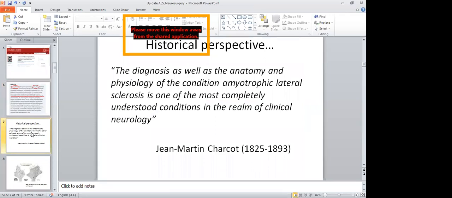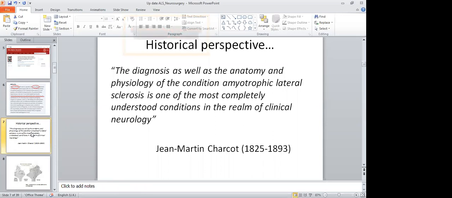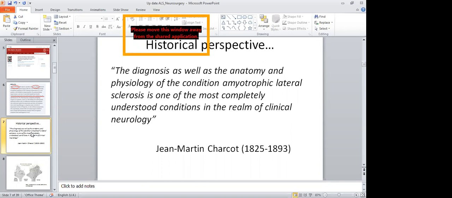So if I go back now to the condition itself, we have known about this condition for more than a century. And despite that, we haven't been able to find a cure. And despite that, like I said, more than 50% of the patients would be dead within 3 years. And in neurology, Jean-Martin Charcot is the father of neurology generally, and did a lot of work in La Salpêtrière in Paris a long time ago, describing this clinical entity in great detail. And he was fantastic in describing the clinical phenotypes, so the examination findings, the tempo, the course of the illness, but also in correlating the clinical side with the histopathology,